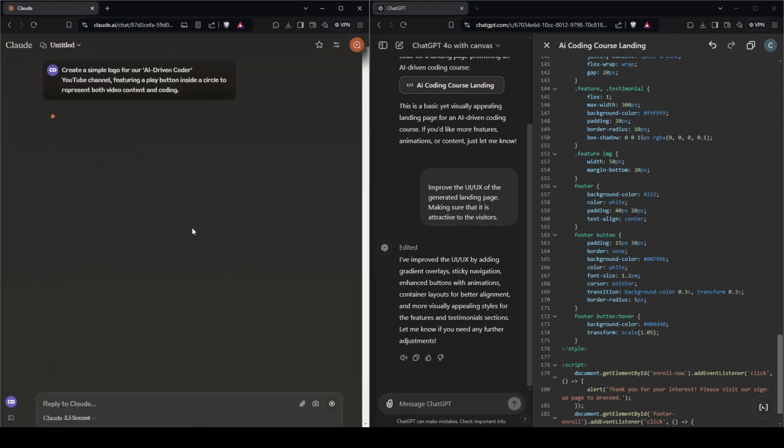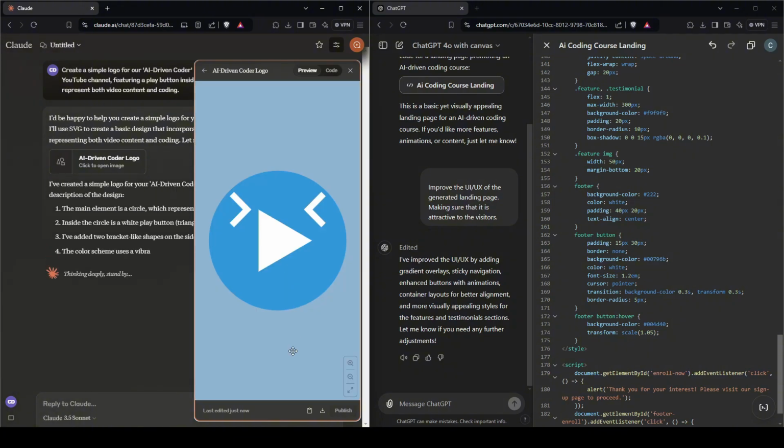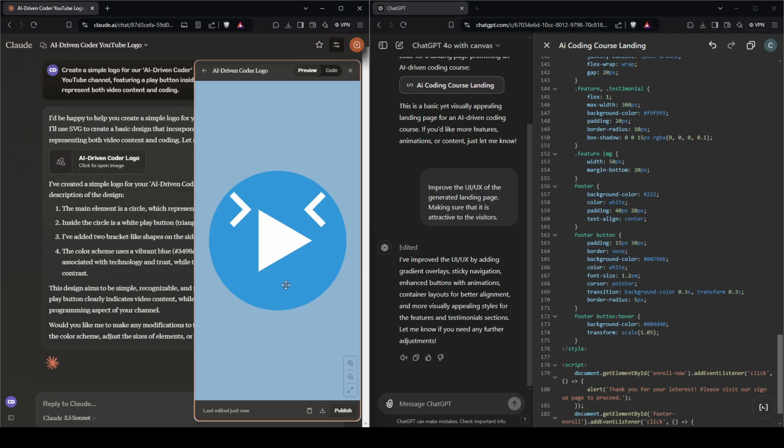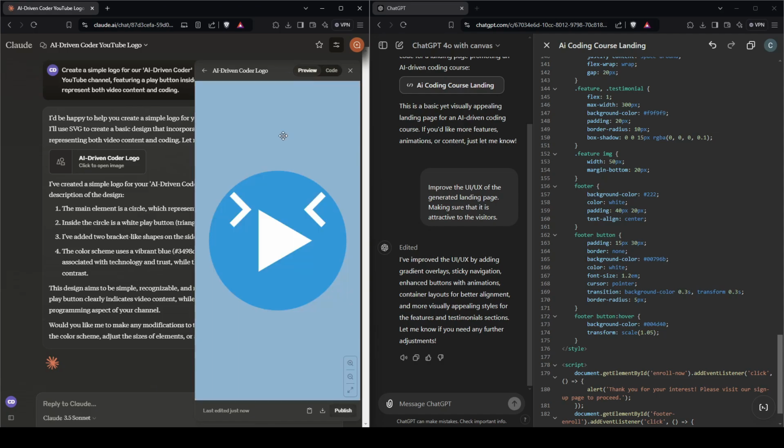So let's enter. Immediately we can notice that Claude uses SVG, and it did create the logo that we asked for. What's fantastic about this is Claude previewed it for us. It renders the SVG code. So here's the SVG code, and just like the single page HTML that we saw earlier, Claude has the ability to render SVG images. Of course, design-wise, this looks like a crying chicken or a crying penguin, but it does include what we asked for, a play button and some representation of code, which is the greater than and less than symbol there. So this is what Claude Artifact came up with.